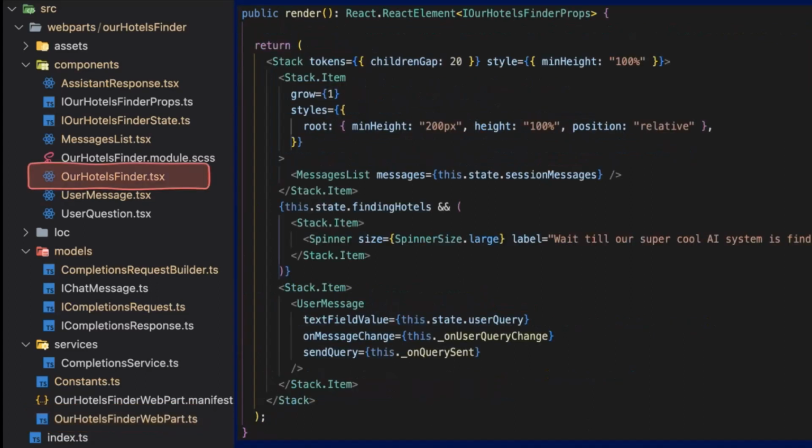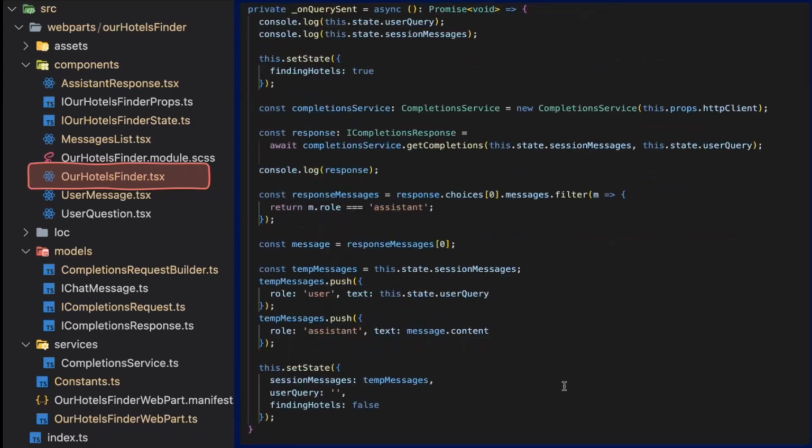In the main React component, our hotels finder, we have another component with the list of messages, the chat history, and another one with the text area and the button. And there's an onQuerySend method, and this method is using a class called completion service. We'll see it in a minute.